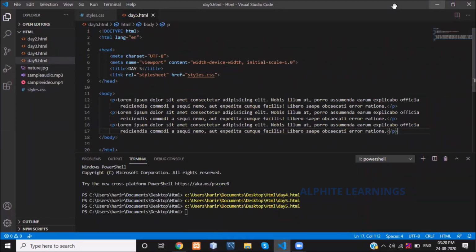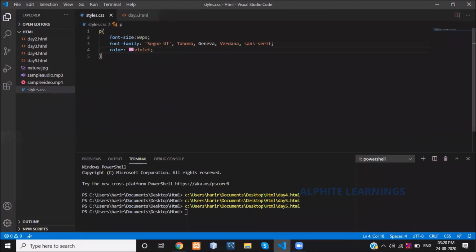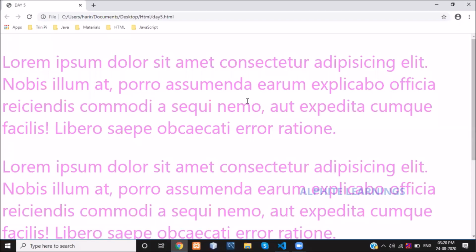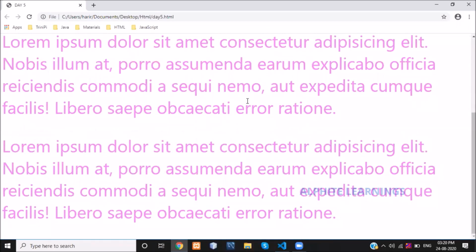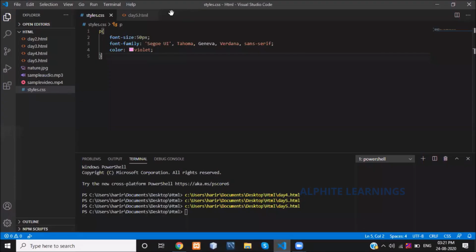What it does actually, for all 3 paragraphs, it will take the same styling properties, isn't it? Let's see. All the 3 paragraphs are displaying in whatever styles you have given in the styles.css, right?